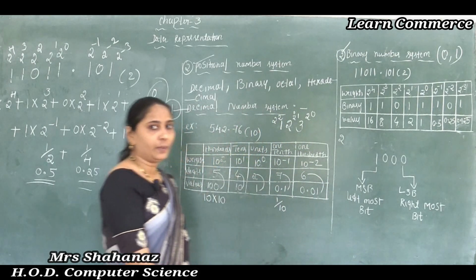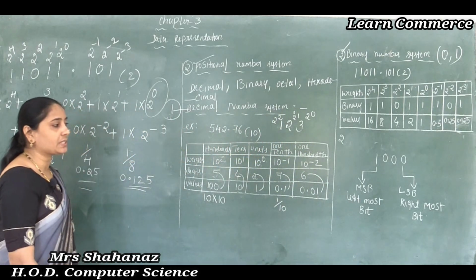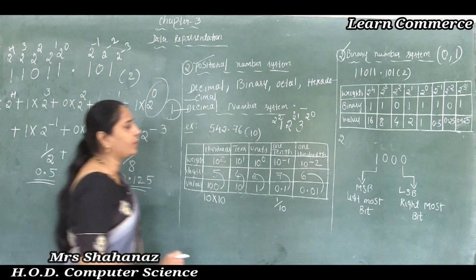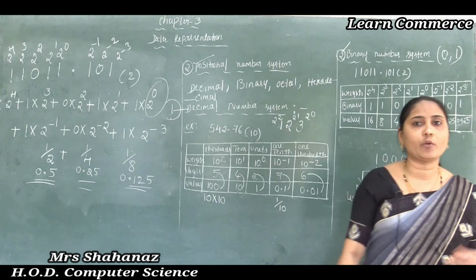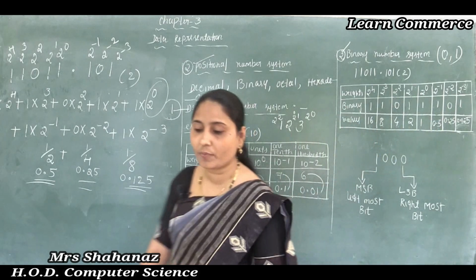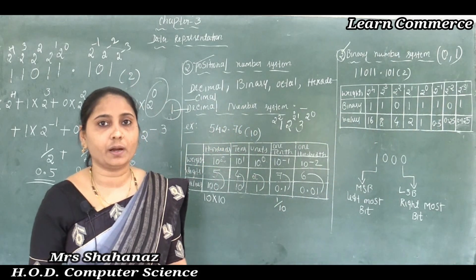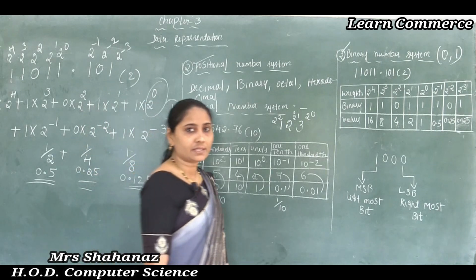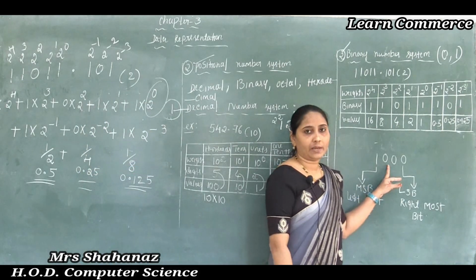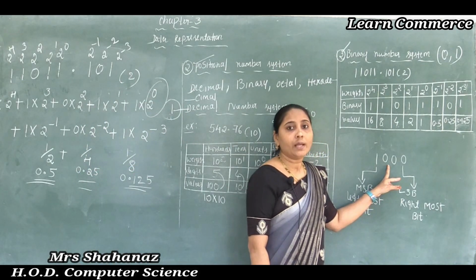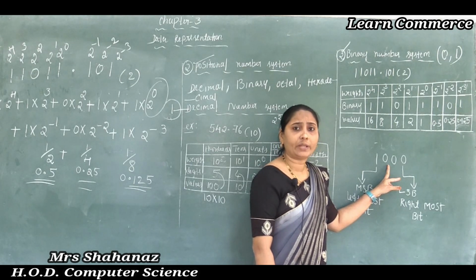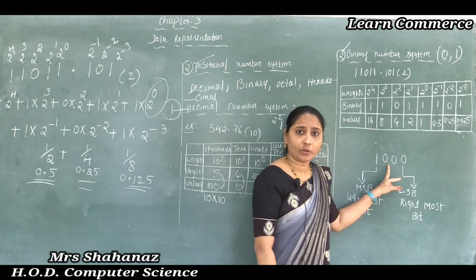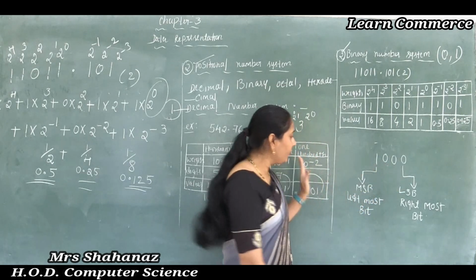Okay. Now after completing some of the binary number system, the most important note in our binary number system. Now let's use one example to explain the important note about our binary number system here. So in binary number system, I want to take one value, the value 1000 here,